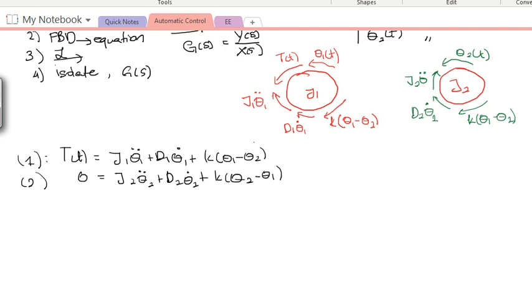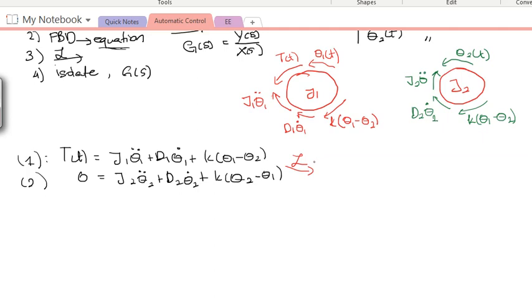So now we have done the second step, which is writing down the equations that come out from the FBD. The next step will be to transform it into the frequency domain, right? Into an equation that depends on the S plane, not on time, but on the frequency domain S plane. So what's the explanation?